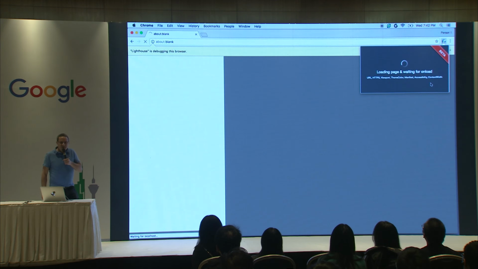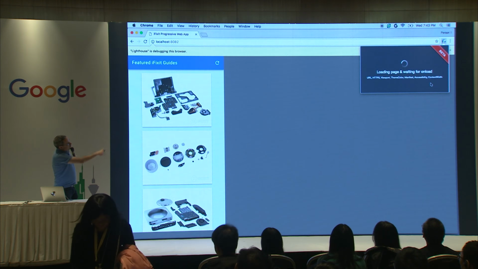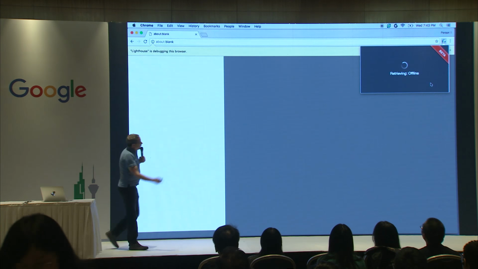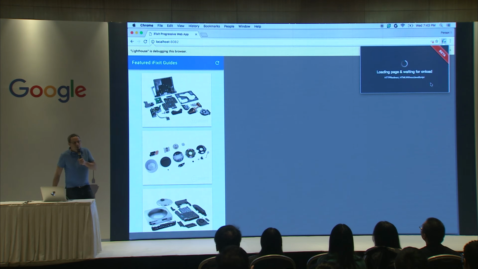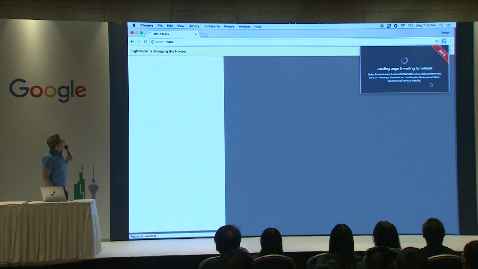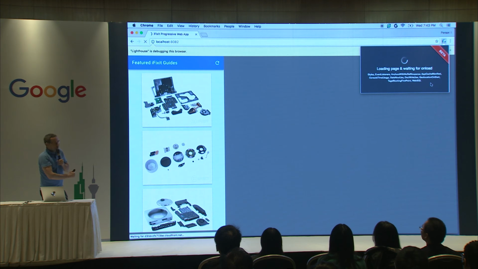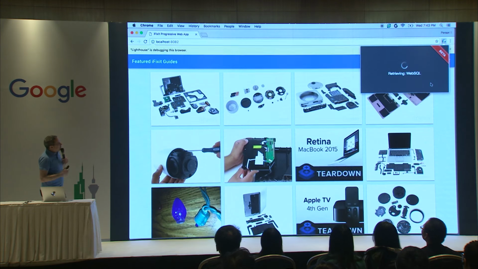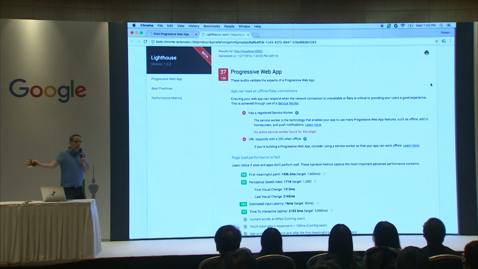Let's run Lighthouse. So this is what Lighthouse looks like when you run it. I've got it up as the Chrome extension up there, so I just hit the button and it goes and runs. It does a bunch of different things. It requests the page in debugging mode, it requests the page in different screen sizes, it requests web SQL data, it does all kinds of crazy things. And then it comes back and gives us this result.